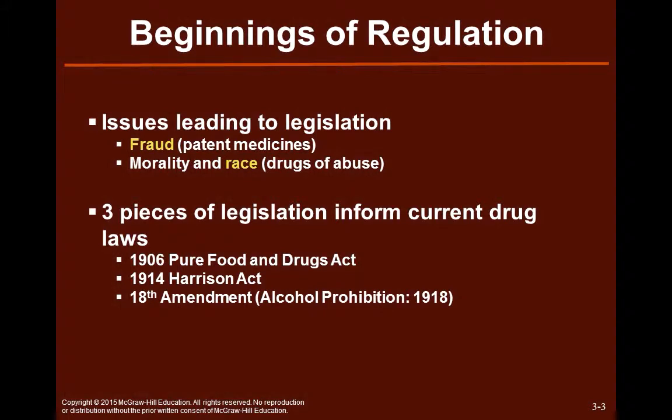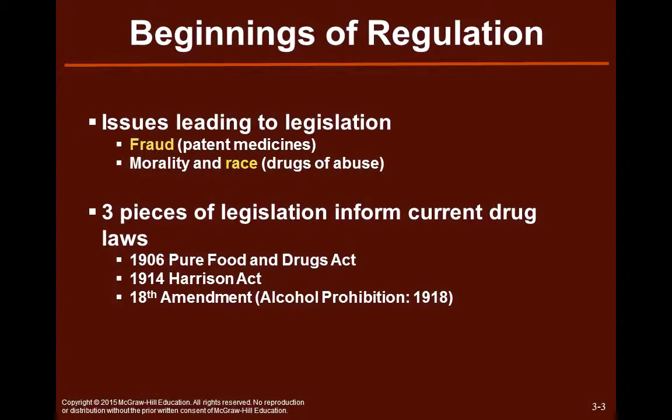Now, when we look at where these regulations started, it's important to realize that at the beginning of the 1800s, or the 19th century here in the United States, there was virtually no legislation regarding the use of any type of drug. No age requirements, no manufacturing standards, no laws for prescriptions, none of it. Basically, if you wanted to put together a medication, cook it up in your backyard, call it an elixir or a tonic, and tell people that it would cure their headaches or restore their hair or basically anything that you wanted, there were no laws or restrictions against you doing that.